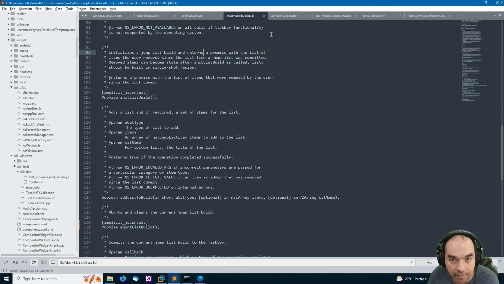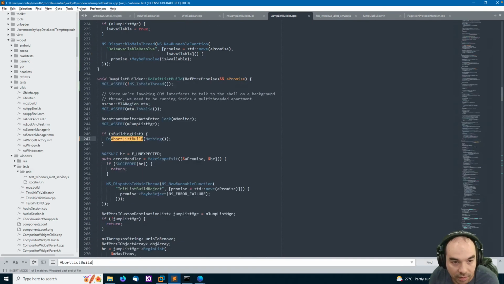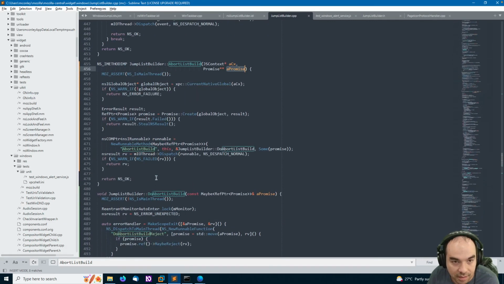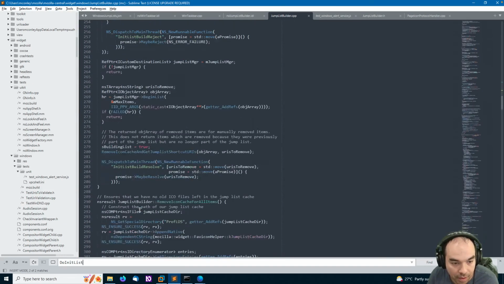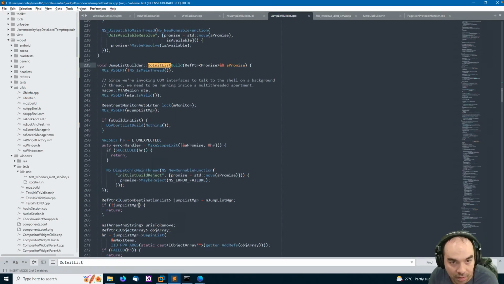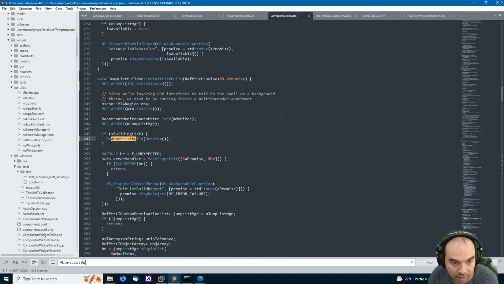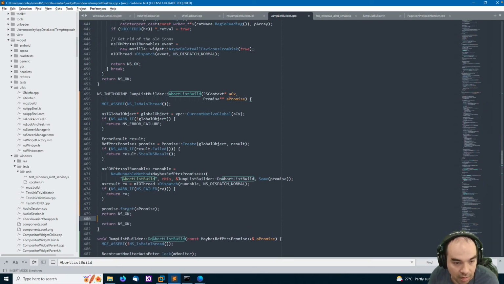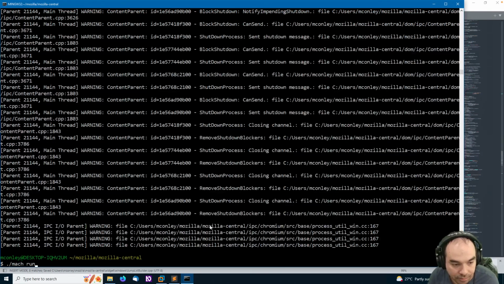That returns nothing. Did I fail to return the promise? Abort list build. Oh, yes, I did. There's a thing, do init list build, where you actually return the promise. Abort list build. Right down here. Let's close that. Build.